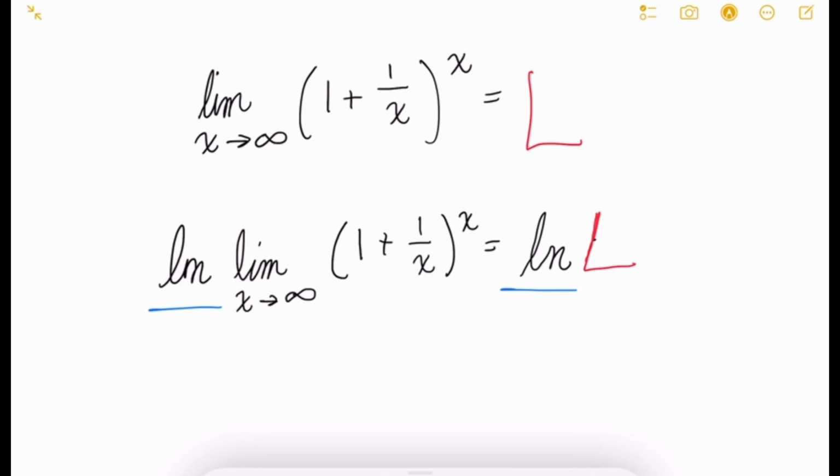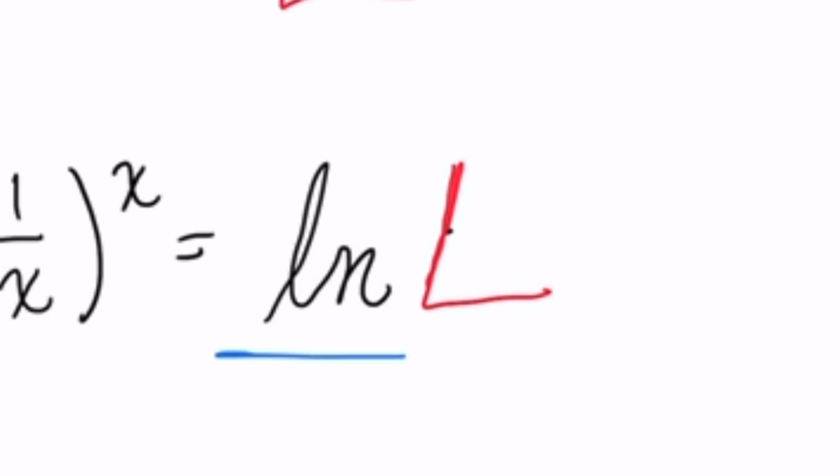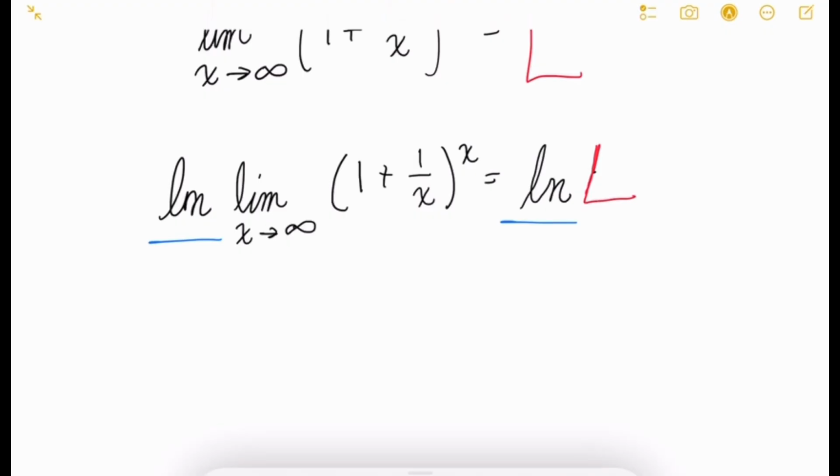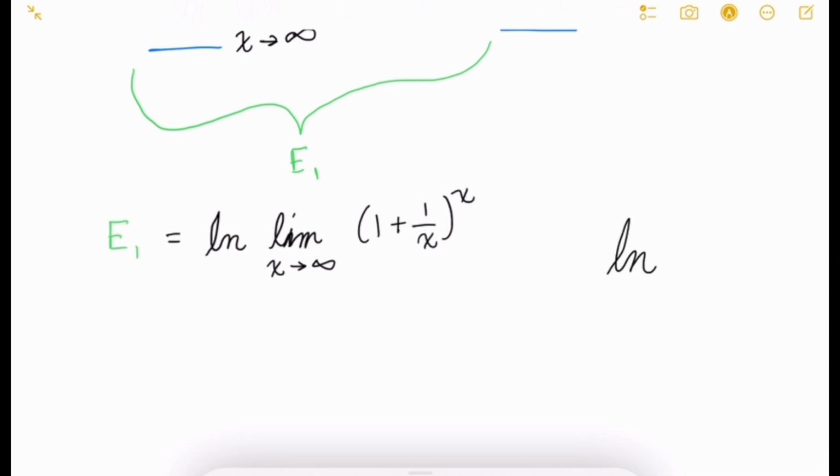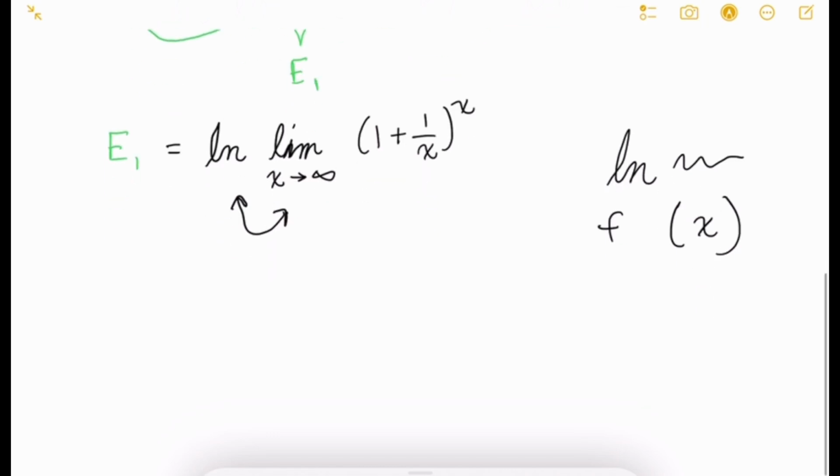This is what our equation looks like now. This side of the equation is kind of good. We're not going to mess with that till the end. So we're just going to try to modify this little expression, and we're going to call it expression 1. So let's work with this expression: natural log of whatever this is, as a function of x. We can switch the limit and the function. We'll get into that a little bit later, but that's how it works. You can just pull a little switcheroo. And that is equal to